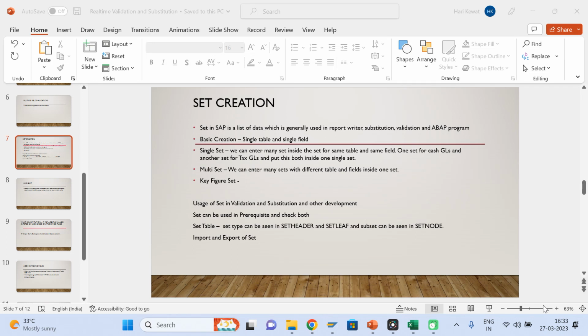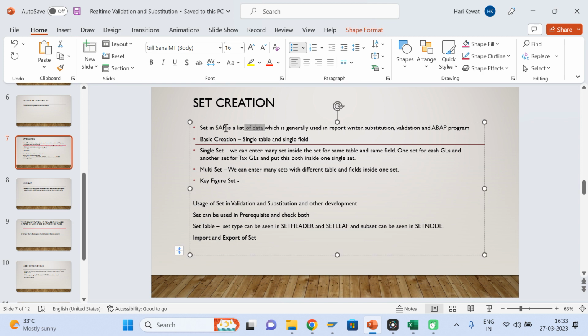Welcome back. Today we are going to understand the use of the set. Set is very important. So let us understand. Let's read this one. Set in SAP is a list of data. So set contains a list of the data